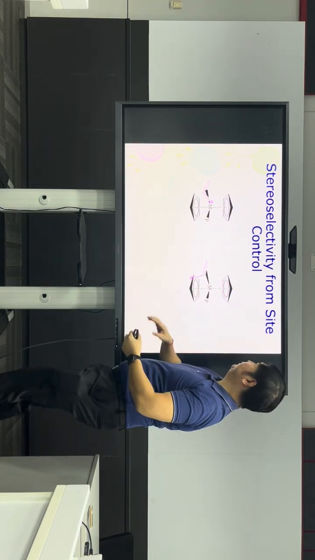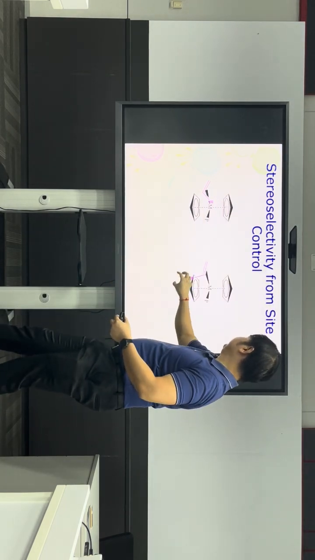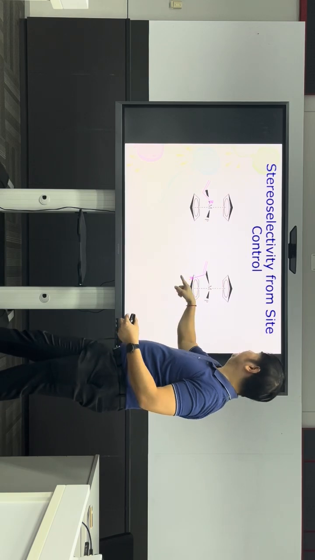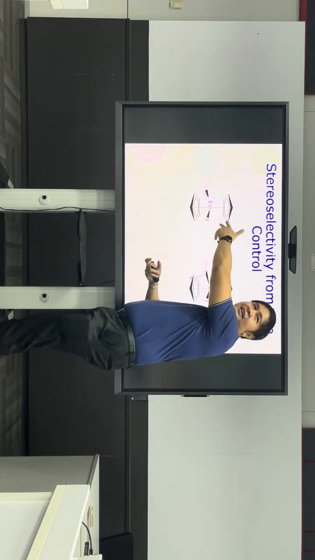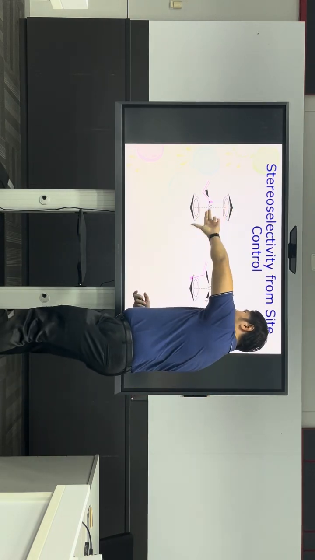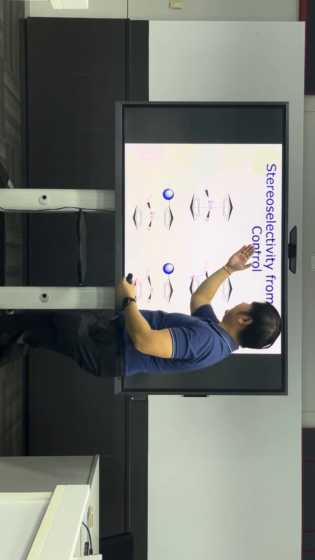But when you look at this, the R group, there's nothing on this side. The bottom one, there's also nothing on this side, so they look very much the same, right? So there's no preference at all. It's the same, either point this up or point this down. So it's really the same there. But when you have different R group, for example,